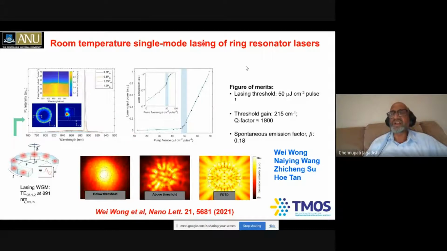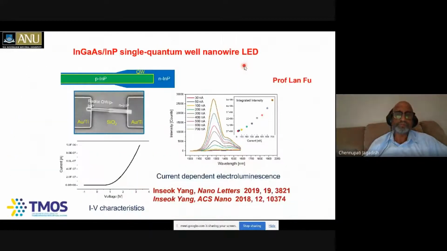So these ring resonator lasers are very good for photonic integrated applications and being able to couple the light to multiple waveguides and other things, and that's what we're really exploring at this stage, for example. So till now, what I've shown you is only optically pumped lasers. I have not shown you any electrically pumped lasers. But ultimately, industry wants to really use electrically pumped lasers, for example.